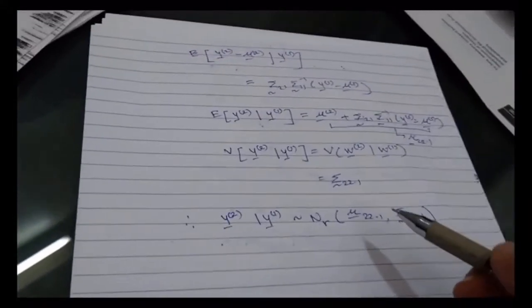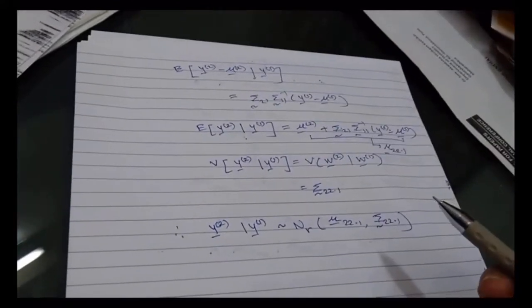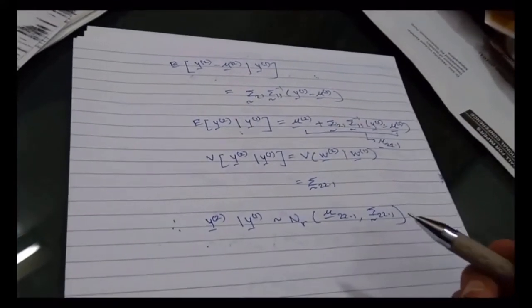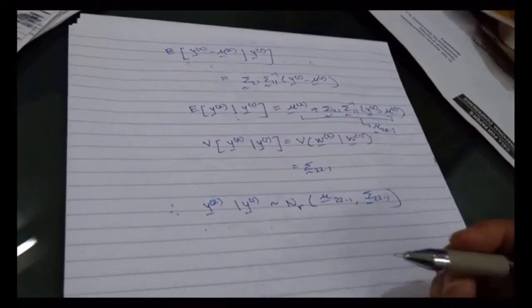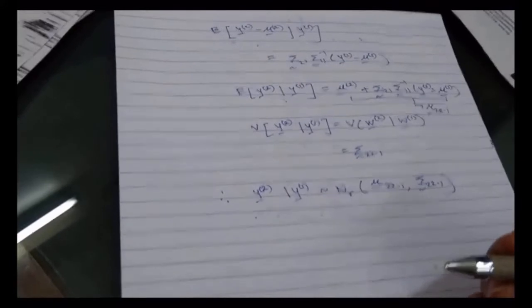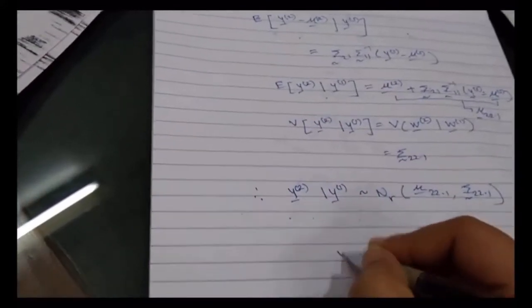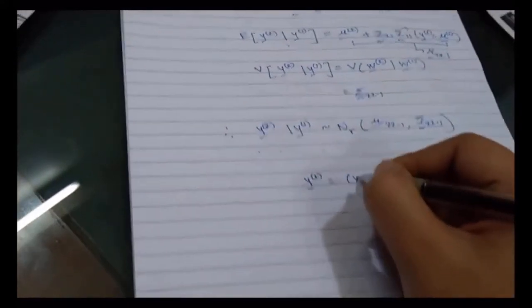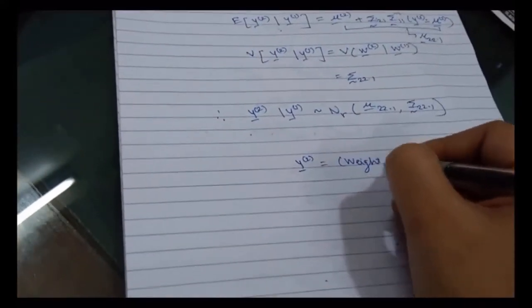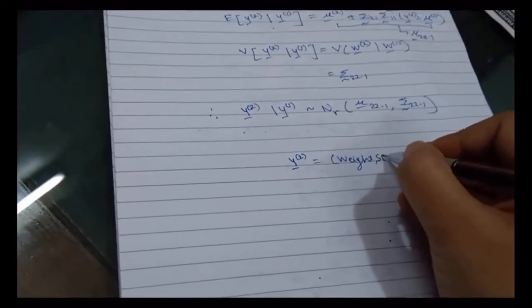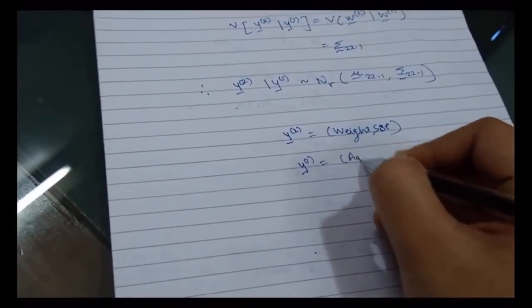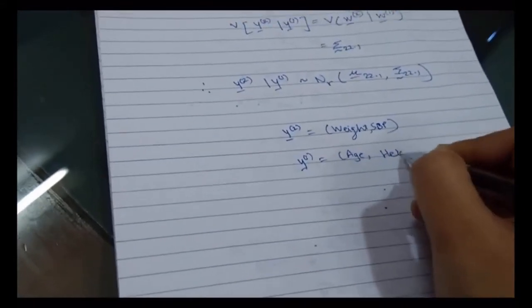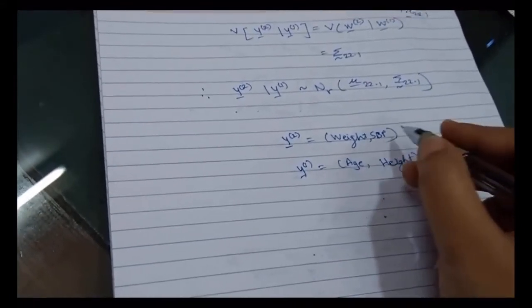Now where do we use it? One obvious use is for predicting if part of the information is known. For example, if I know the age of a person and the height of a person, can I predict the weight and blood pressure? In that case my Y2 would become weight and systolic blood pressure, and Y1 will become age and height. So using age and height, can I predict this?